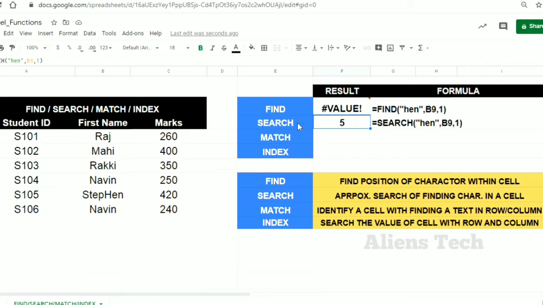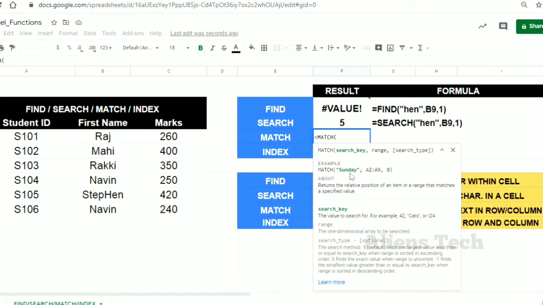And let's go for another example with the match function. I'm just typing the match function here, and again it has three parameters. The first one is a static text, the text that we need to search for, with defined ranges. So let's type that here. The match function, as I informed you earlier, will work only based on the cell. So it is not specific within a cell.